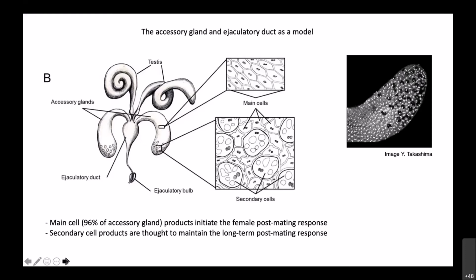Now, besides being morphologically distinct, there are some transcriptome differences between these cell types that we know about, but mostly they're uncharacterized. There's some genetic data, though, that suggests that even though they share production of certain transcripts, they also have some distinct functions. The way this is described primarily in the literature is that the main cells initiate the female post-mating response, ovulation, oviposition, proper storage of sperm in sperm storage organs, and so on. Whereas the secondary cell products that are transferred to females are thought to play a more important role in maintaining the long-term post-mating response. But not a lot is really known in detail about the different cell types. And so